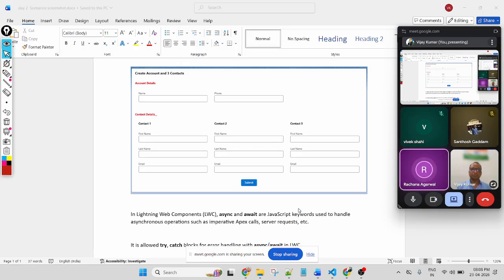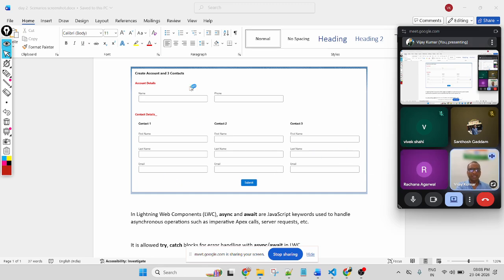Once you click on the button, we will insert an account record along with the three contacts. First we create the account and the three contacts, and all the contacts are automatically linked to the newly created account.